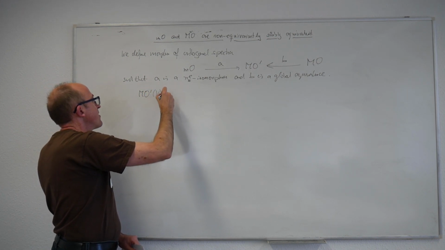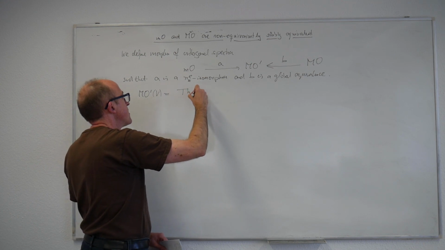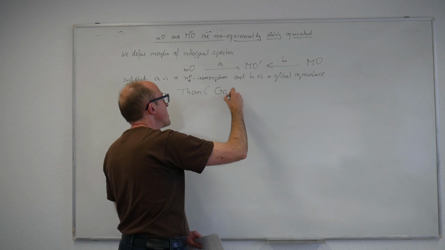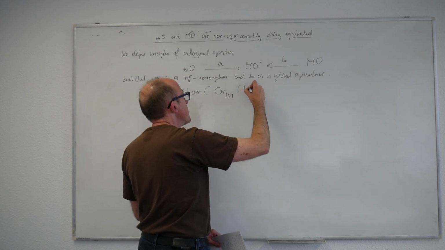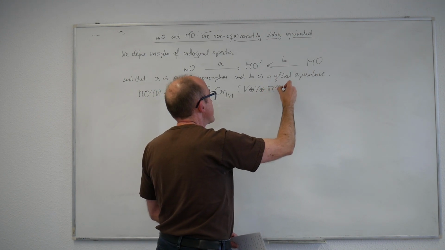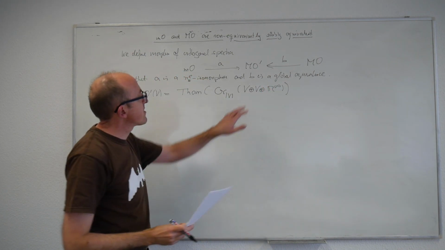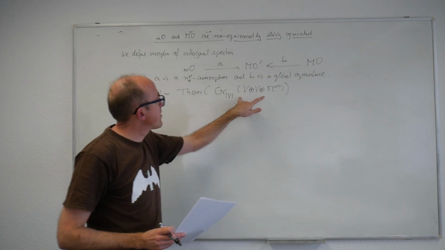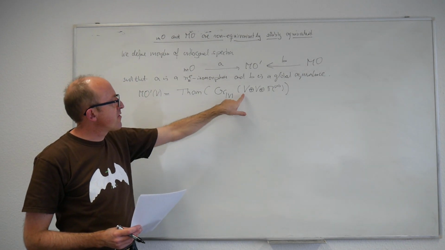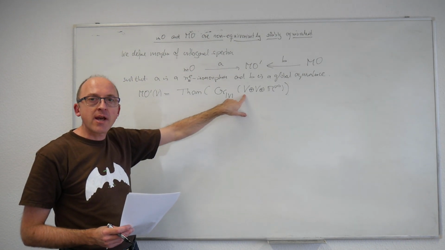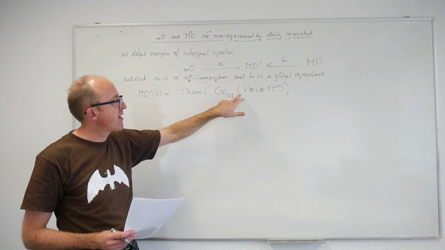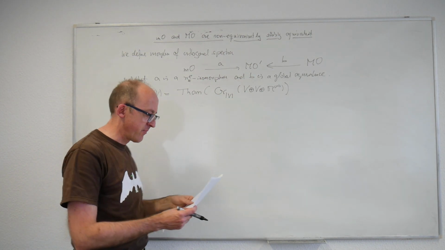The thing in the middle, the MO prime, by definition combines the two features of the two. So MO prime at V is also, as before, the Thom space of a tautological bundle over the Grassmannian of V-dimensional subspaces. Now I'm taking V plus R infinity. So the V plus V I need to compare to this one, and the V plus R infinity I need to compare to this one. And again, I decide that the first V is the distinguished one. When it comes to the structure map, I have to single out one copy of V, and the structure map will work out in very much the same way. It's going to be this copy.